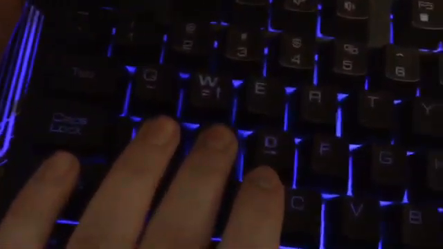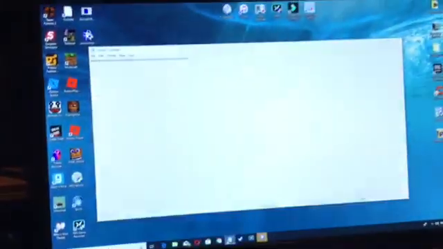As you can see, I am typing with these keys and it is still working. Let me back up my chair. As you can see, it is typing. It's still typing while I'm clicking these keys. I do not have another hand over here. I am still clicking these four keys, and it is